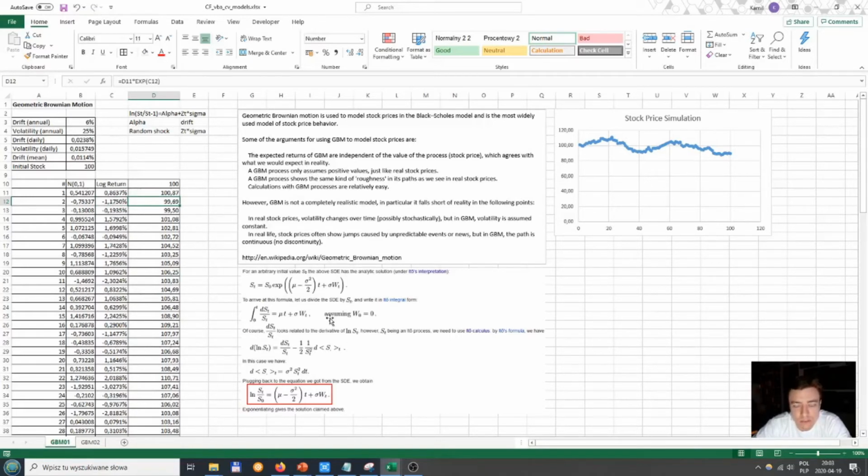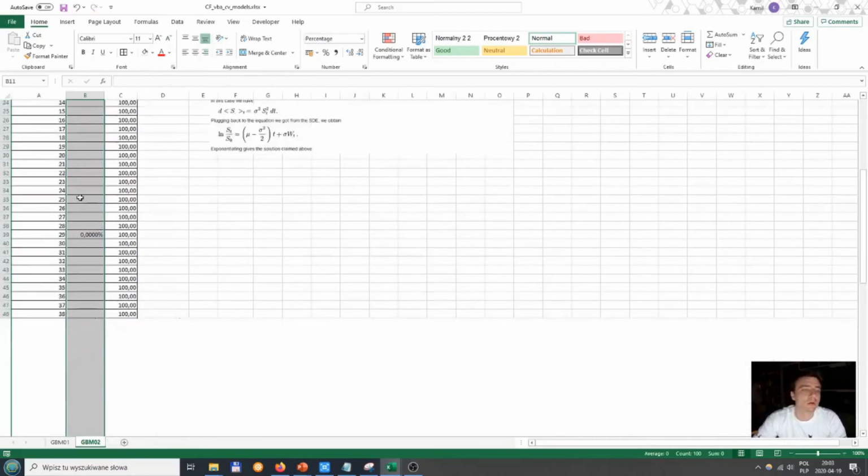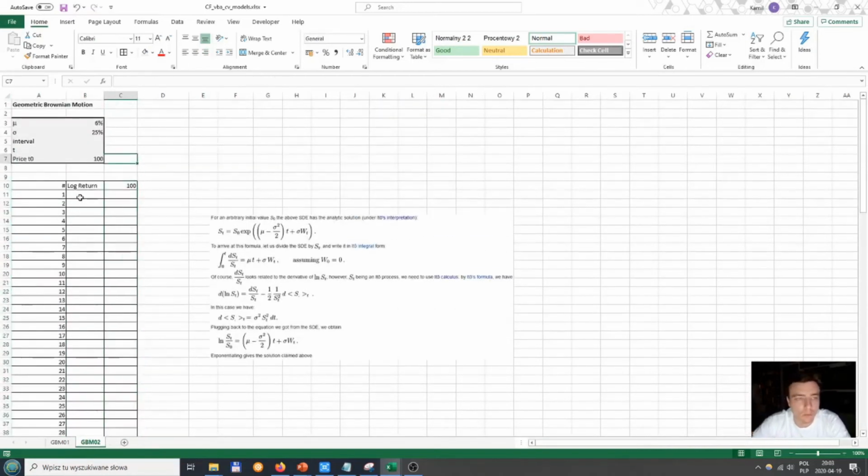Alright, so this is a very simple approach, and of course just for practice I want to show you how you can make it maybe more efficient in Microsoft Excel. So again, we have assumptions about the behavior of our asset, and then we will use a slightly different method to incorporate this time index more efficiently into our calculations, because